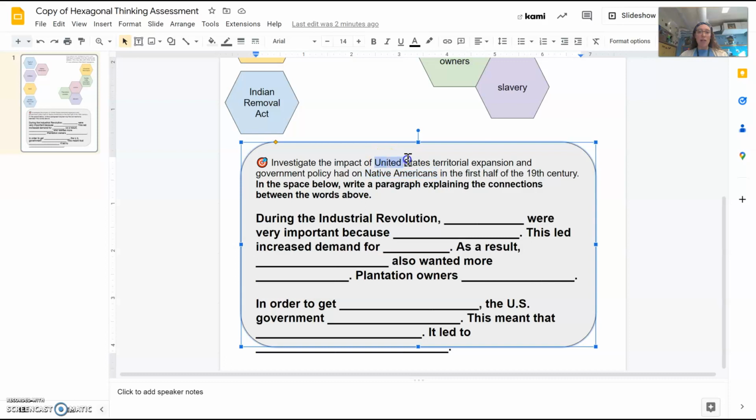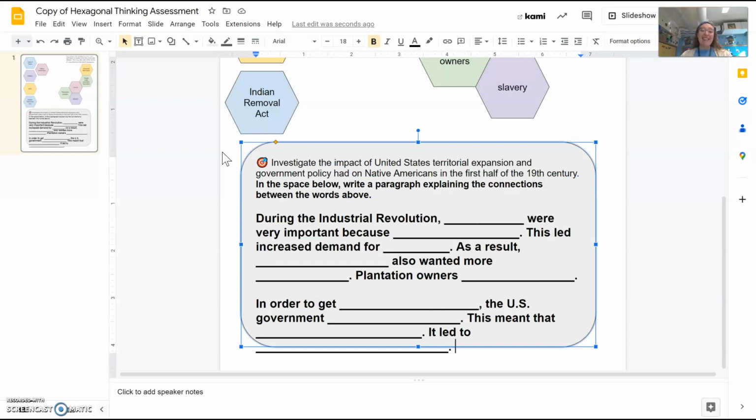So how did the U.S. territorial expansion and government policy affect Native Americans? So you're looking at how did all of this affect Native Americans? So you're going to end, hopefully, with the effects on Native Americans. Feel free to add more information that is not on the hexagons. You can use some of your vocabulary words like assimilation or like